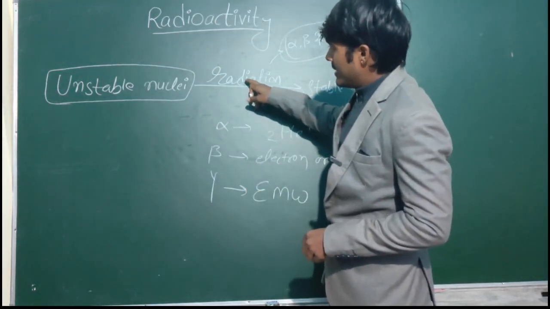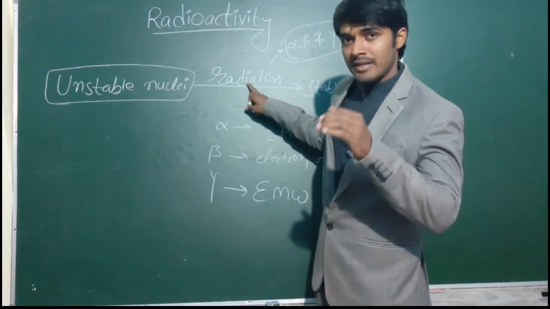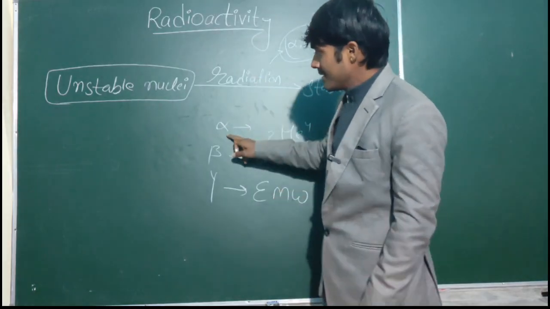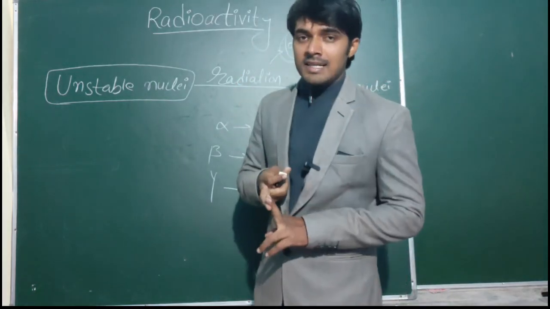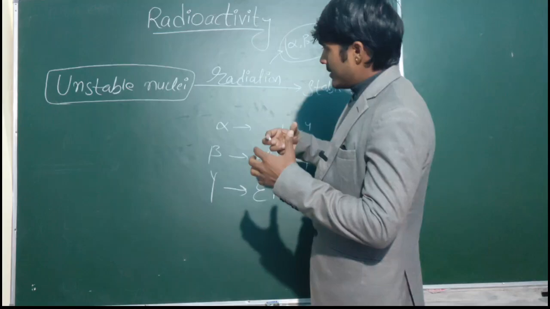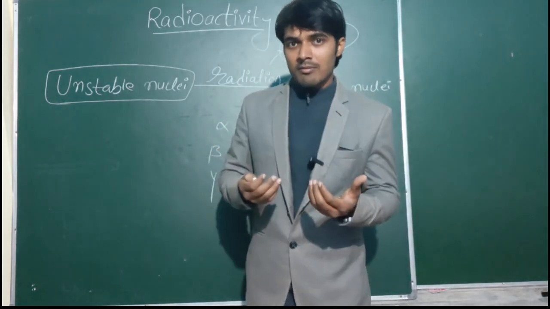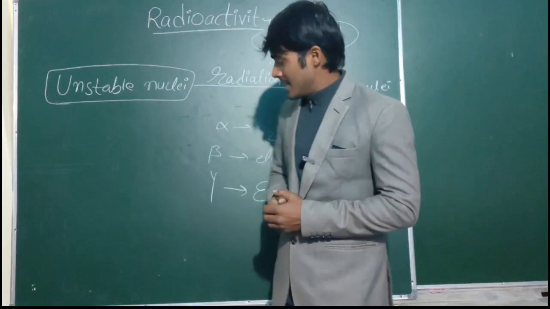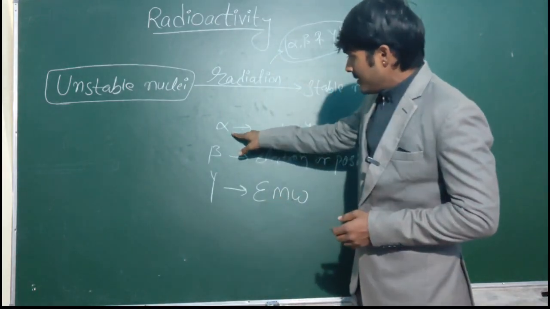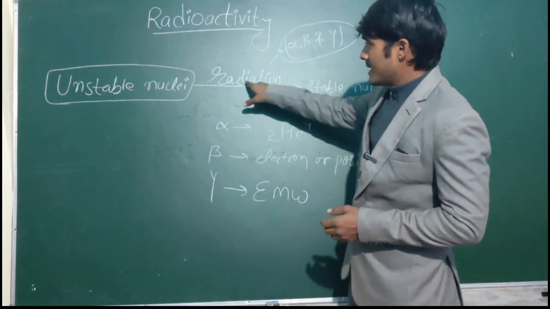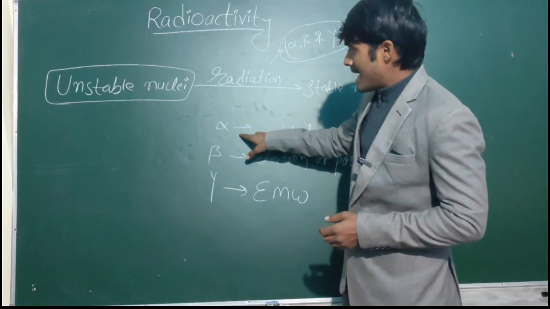But redefining radiation, we now perceive radiation as anything, either massive particles or energy, that possesses some sort of energy and has some sort of penetrating power or ionizing power. They are categorized as radiation. As we can say, the alpha particle, which is a particle, is categorized as radiation because it has penetrating power.